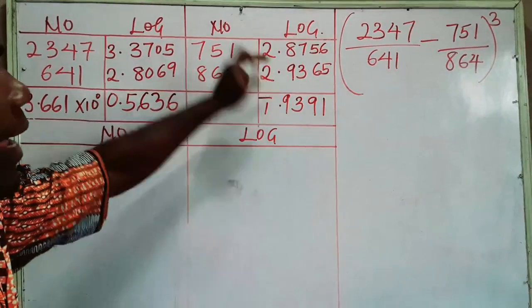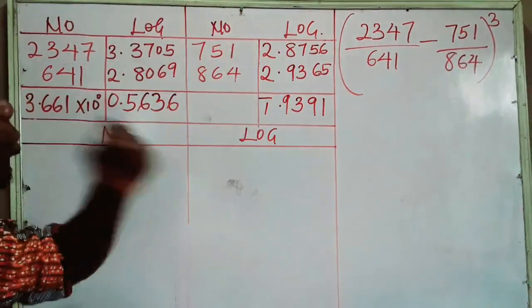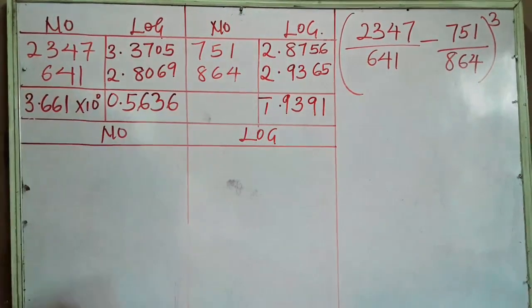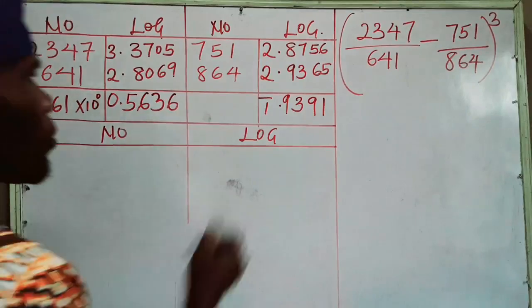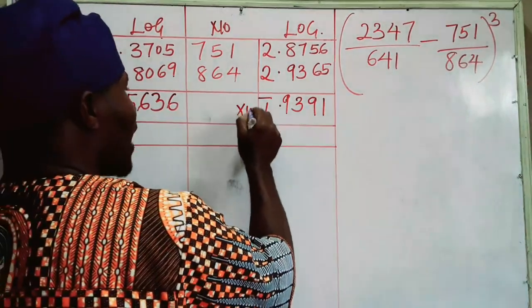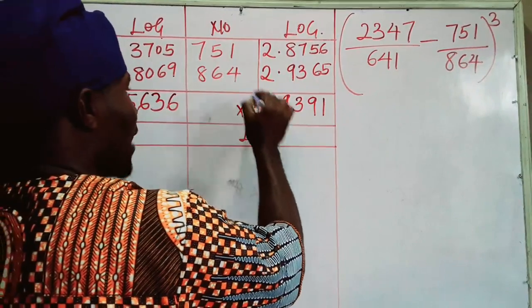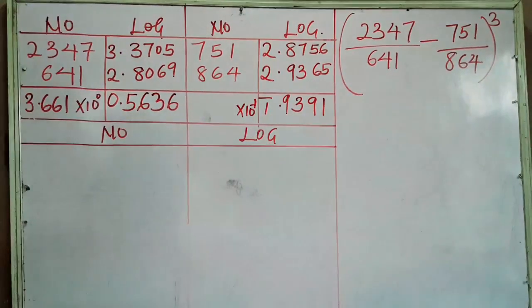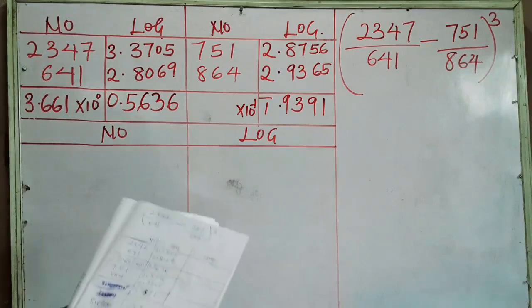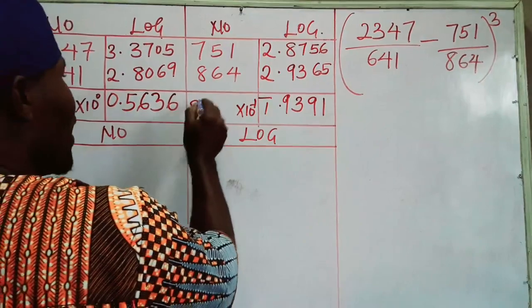It remains 1 here. So 1 minus 2 now gives us 1.93. Immediately, you want to find your antilog. It will give you times 10 to the power minus 1. That's just the meaning. So the antilog of 93 under 9 difference 1. In finding the antilog, it gives us